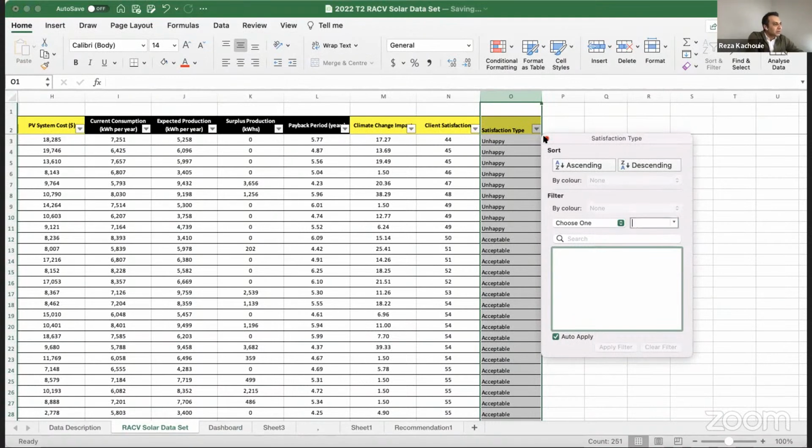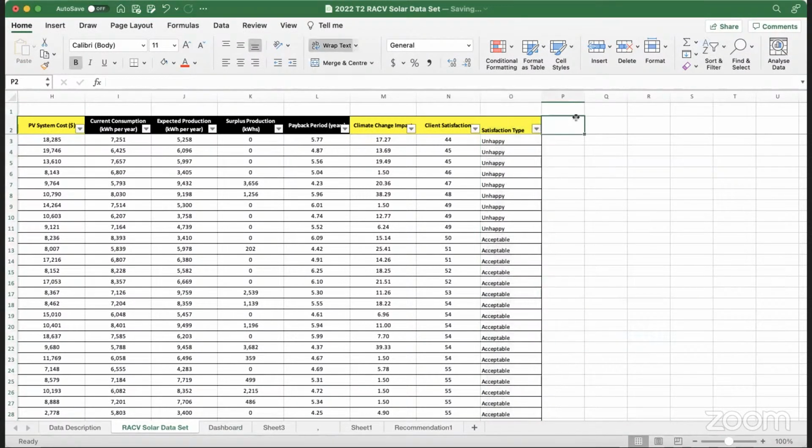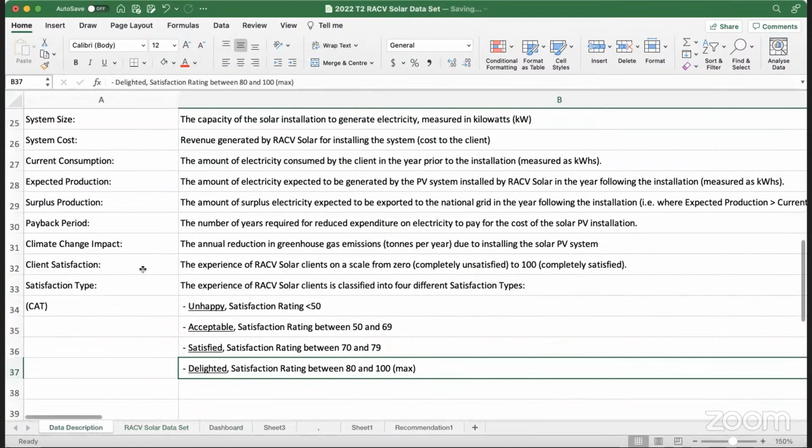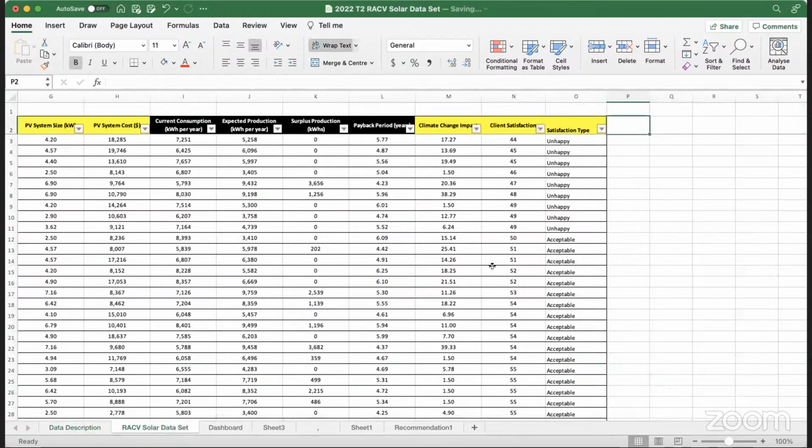Is it correct? Yeah, we create this data set. We typed all of these by ourselves. We have this satisfaction type here, based on the values that were there. Yes, these are the values, and here we have the value besides the type. So we can base on the value to give the correct one. I understand. Yeah. So Chris, you learned something.